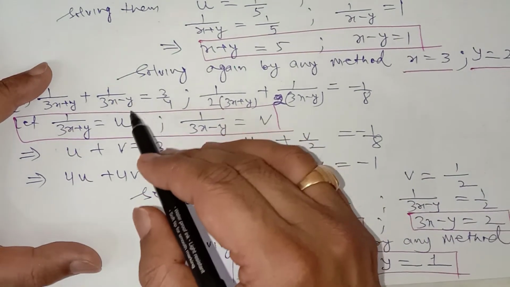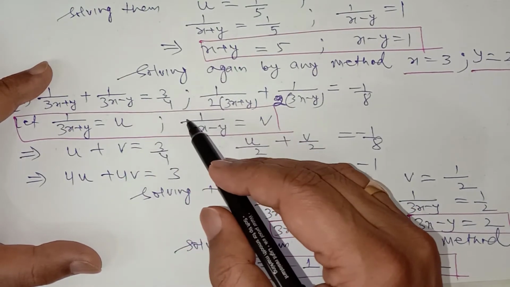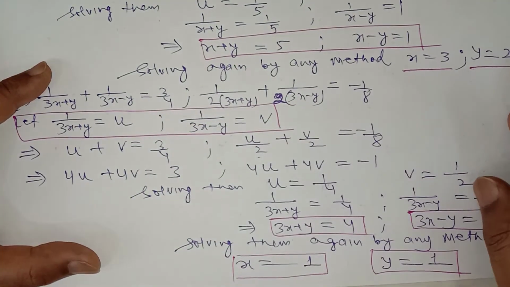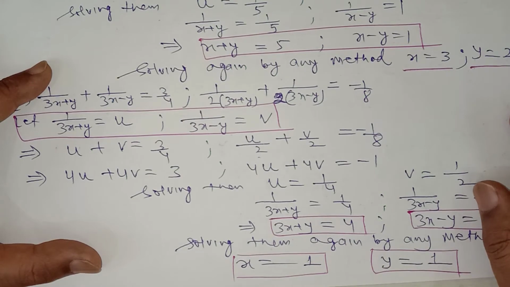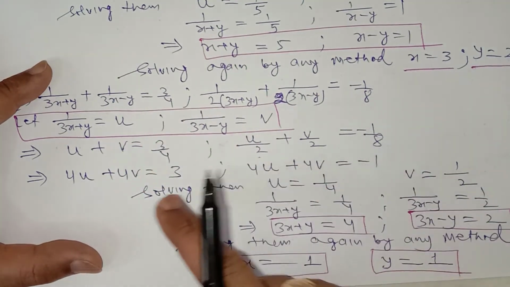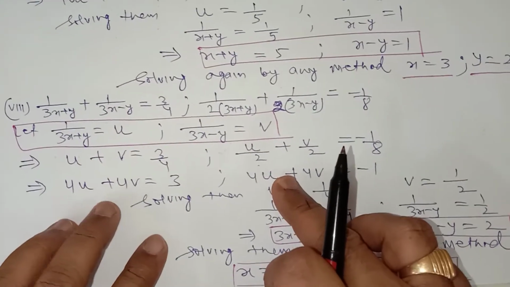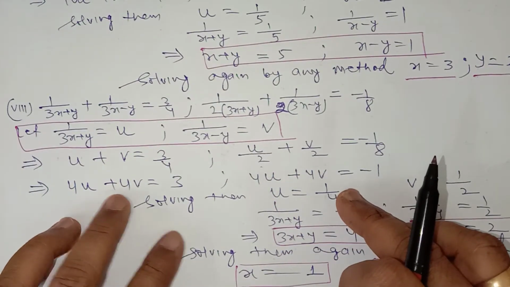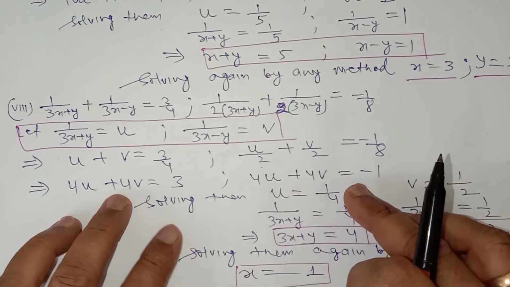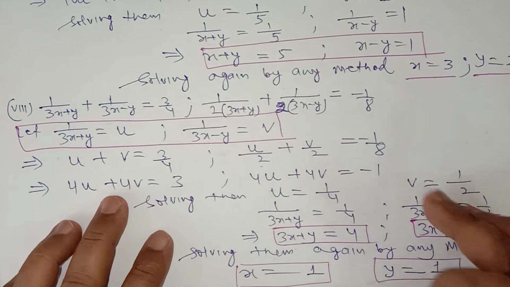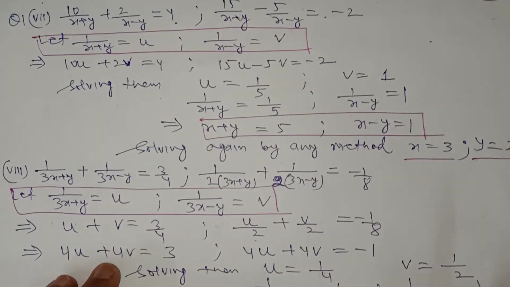So first of all, you have converted into standard form linear equation in two variables, because the variables are in the denominator, and by converting to linear equations in two variables, you solve those two equations. Before solving it, you must convert the equation into this standard form. Standard form, you know it: ax plus by is equal to c, where the variables should be on the left hand side and the constant should be on the right hand side.